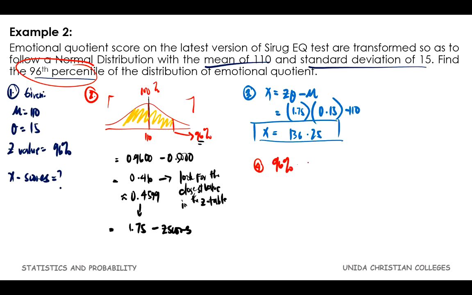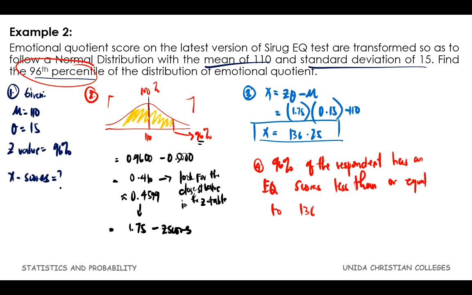96% of the respondents, that's of our invitation, have EQ scores of less than or equal to 136.25. So, meaning, class, yung X score natin dito is